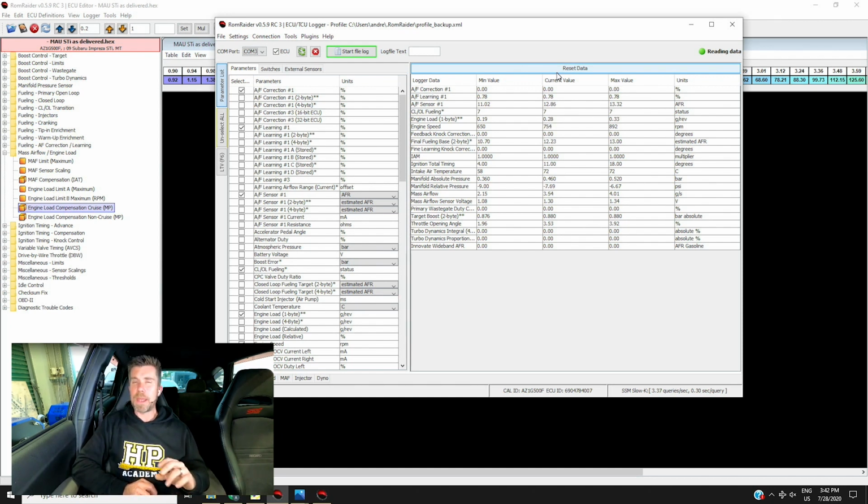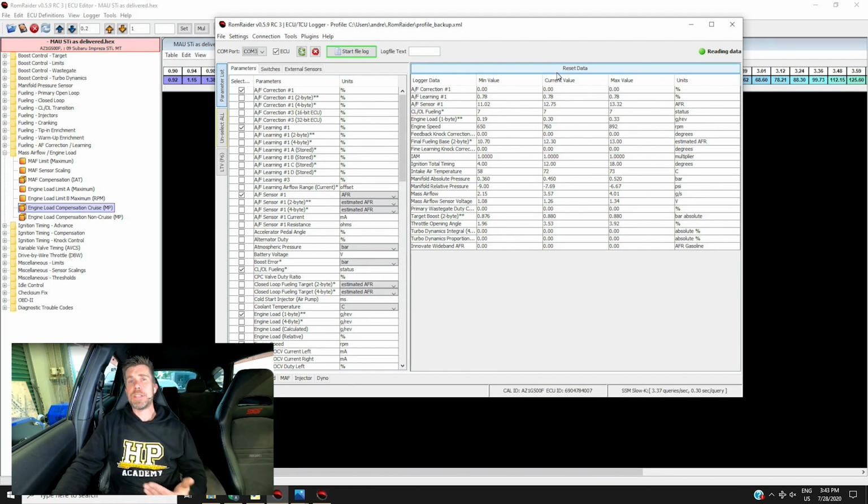At the same time, we do need to bear in mind that while the factory Subaru air fuel ratio sensor is a wideband sensor, it's still primarily used by Subaru at or very close to stoichiometric. So it's not really designed for full-time closed loop control.